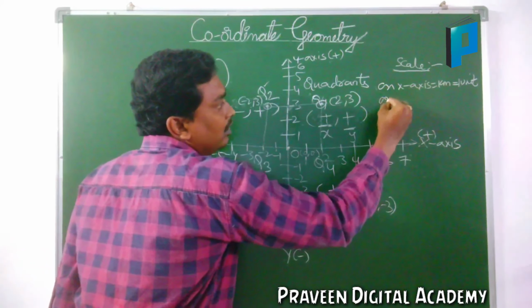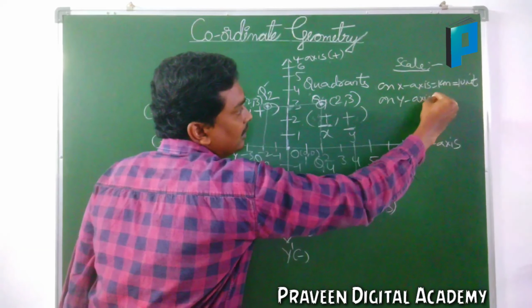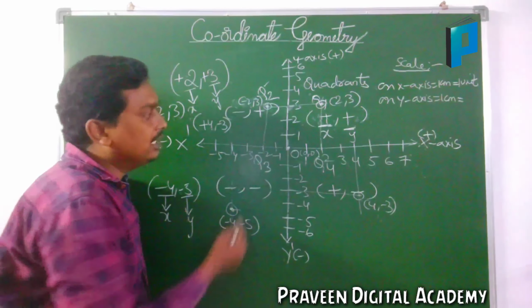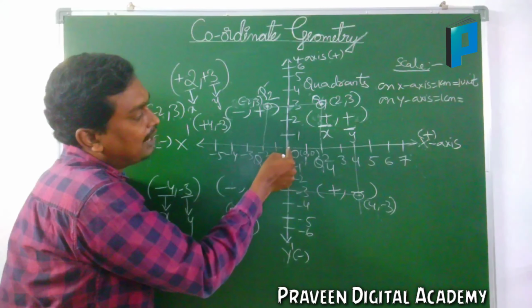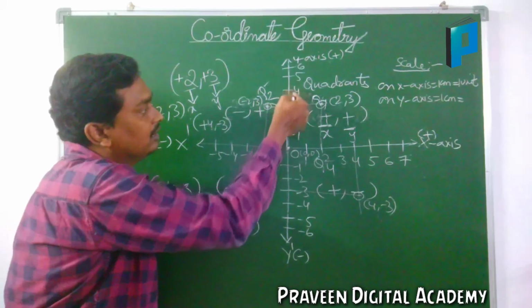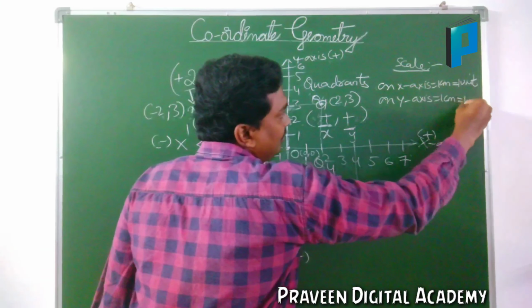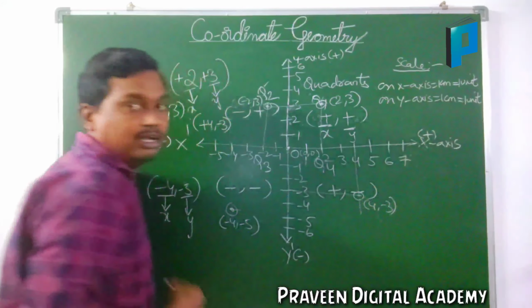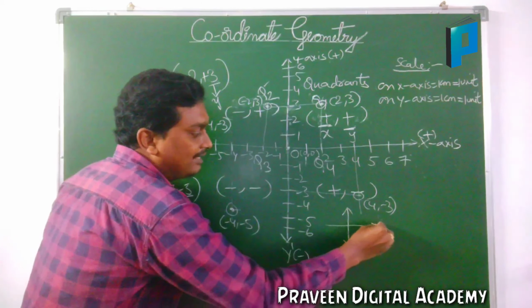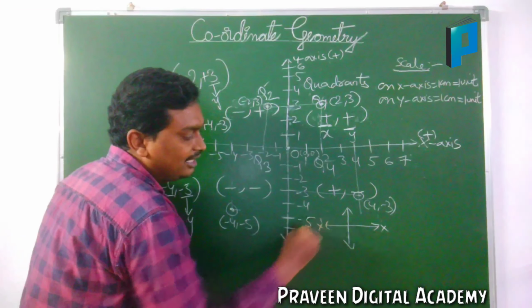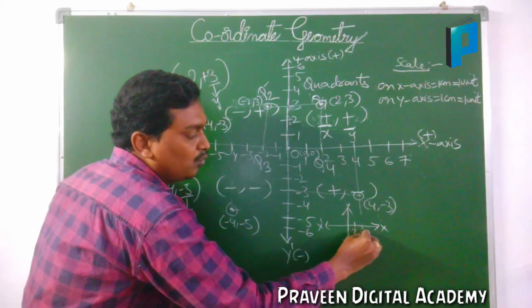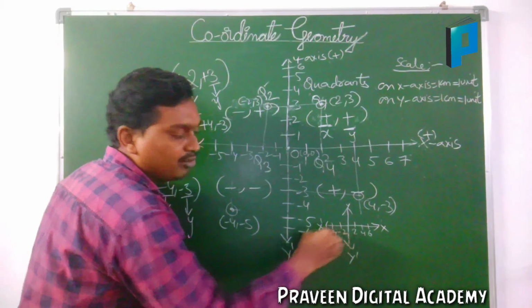Here on the y-axis, 1 centimeter is equal to a 1 centimeter gap. I considered 1 centimeter as 1 centimeter gap only. Here 2 and 1 have a difference of 1. 3 and 2 have a difference of 1. 4 and 3 have a difference of 1. If the difference is 1, I can say it is 1 unit. You can take it like this also in the coordinate system. This is the positive x-axis, this is the negative x-axis, this is the positive y-axis, this is the negative y-axis. Here you can take 2, 4, 6, minus 2, minus 4 like that.